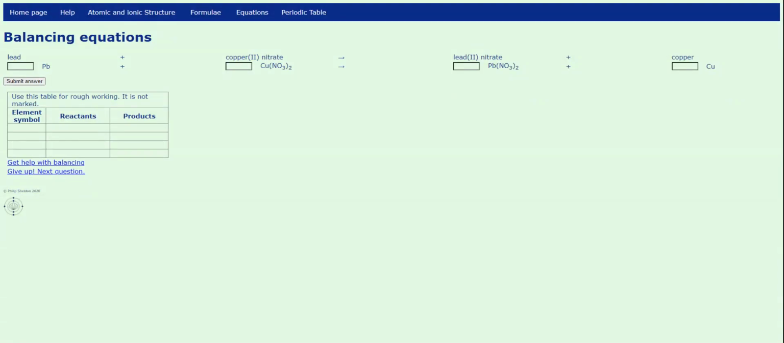As this page comes up, there's a table here that you can just regard as a piece of rough working, rough paper. So just online rough working, you can put in the symbols of the different elements, and count up the number of atoms on each side. So there's one Fe on the left, one on the right at the moment, one Cu on the left, one Cu on the right, two N's on the left, two N's on the right,